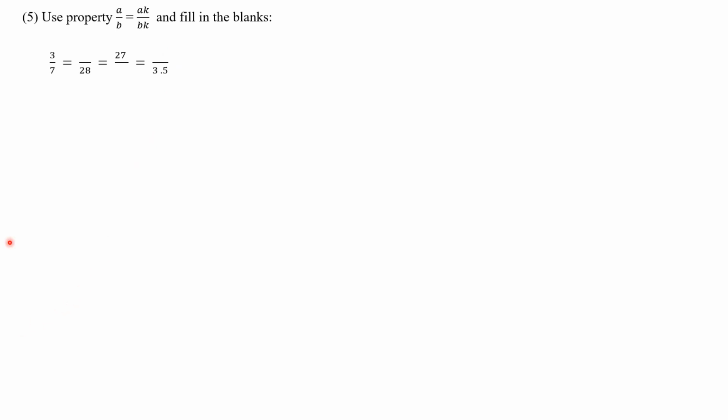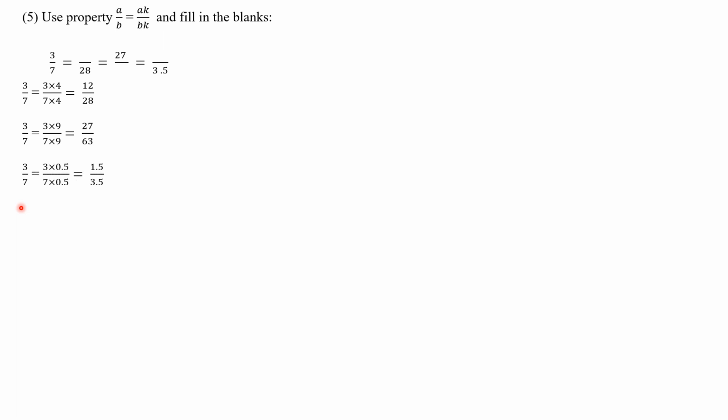So students, you'll take first 3 upon 7, the given fraction, equal to. Now you know students, 7 4s are 28. So you multiply 7 into 4. Same number you have to multiply to the numerator. So 3 into 4. So you'll get 12. Okay. Next, 27 is given. So 3 upon 7 equal to, you know, 3 9s are 27. So you multiply with 9 to the numerator, you get 27, the answer over here. So same way, 7 into 9 you have to multiply. You will multiply the same number which you multiplied to numerator. So it is 7 into 9. So you get 63. It is like equivalent fractions.